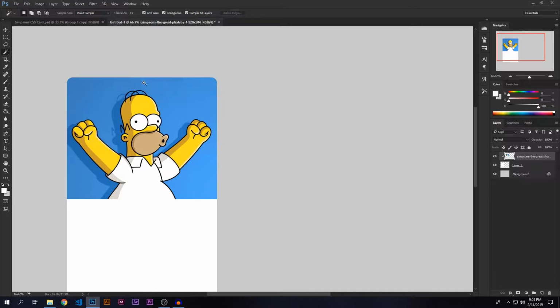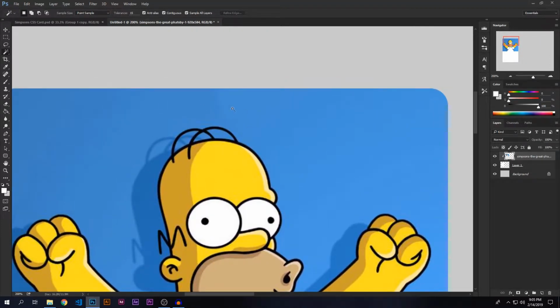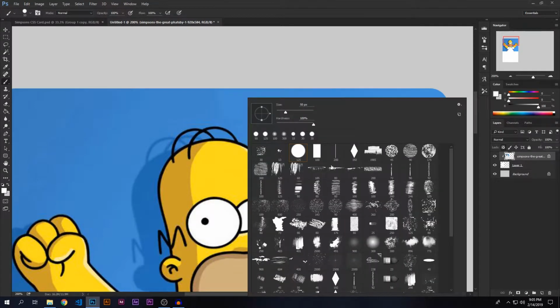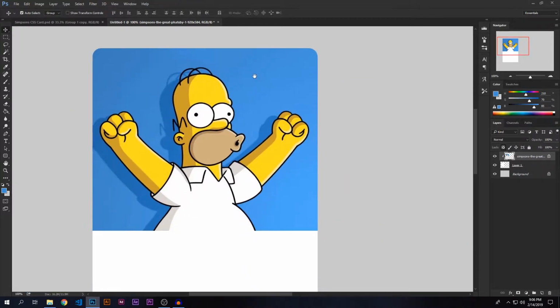Photoshop does a pretty good job of filling out that blank space, but there's going to be a few hiccups right here. If you can see, there's a little bit of shadow. That's fine. Just click on this icon to lock the transparency. Hit B for your brush, right click, select a soft brush, and then pick this light color right here. Make your brush a little bit smaller, and then just slowly paint away this stuff until it looks good. And then if you zoom out,